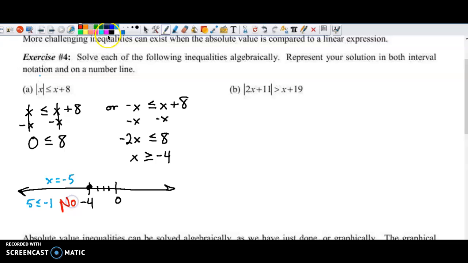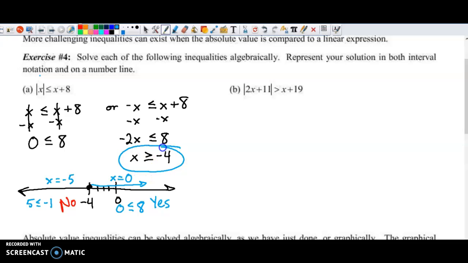But what if I try a number like x equals 0? Because that's to the right. Well, absolute value of 0 is 0. Is 0 less than or equal to 0 plus 8? Yes. So our final answer is correct, that I chose values that are bigger than,